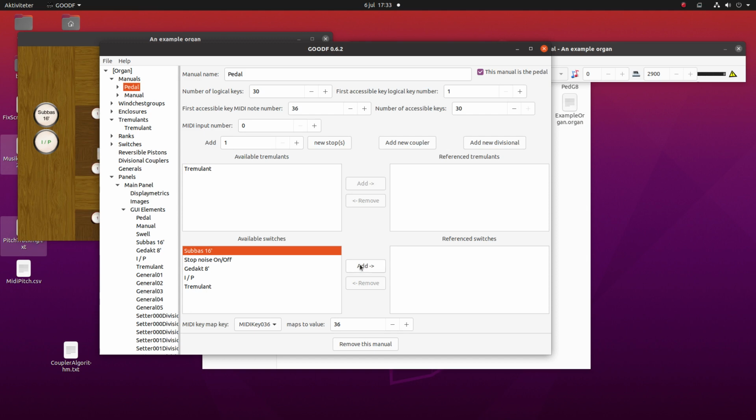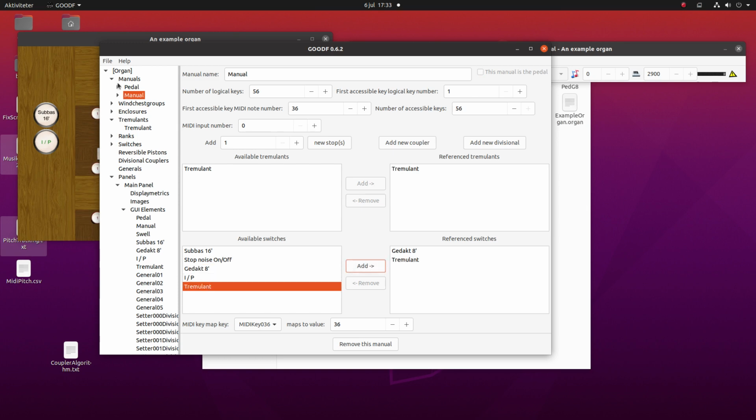So for the pedal I will add the subbus switch and the coupler switch. Okay, and for the manual I will add the GOODF switch and the tremulant switch,